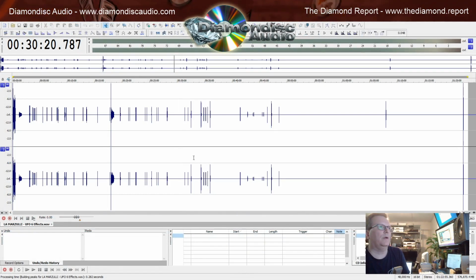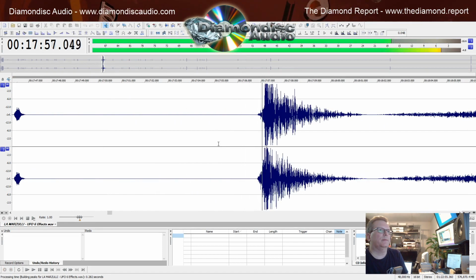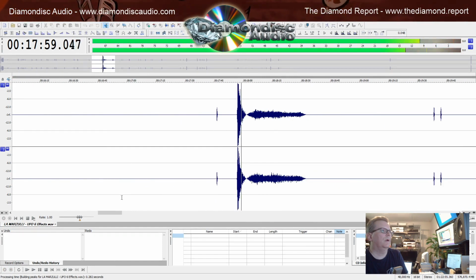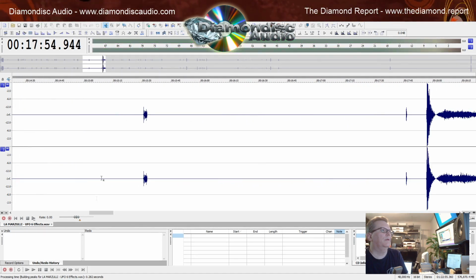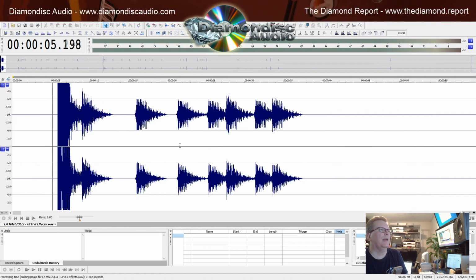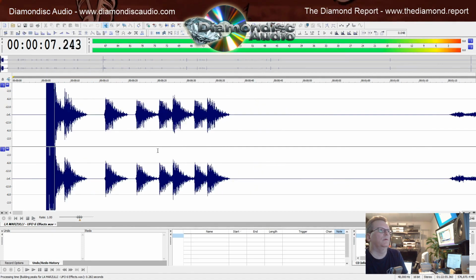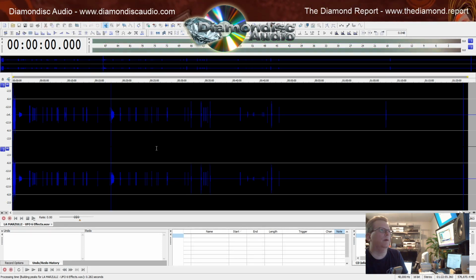Okay, now we're in SoundForge, and we have just the sound effects, and you can see what those are like. There's one of them. This first one is pretty loud. So I think what I want to do is I'm going to also run this same declipper.